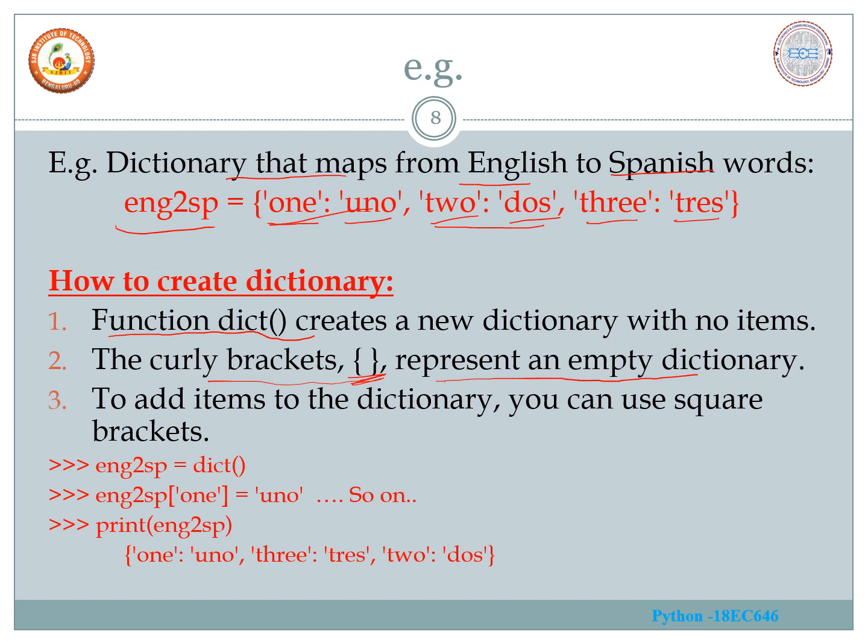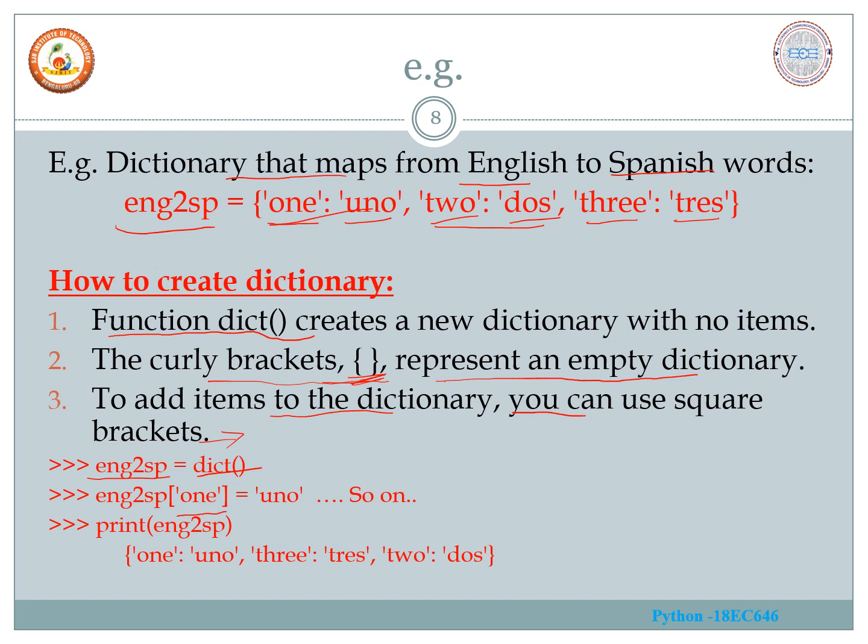And if you want to add items to the dictionary, then you can use square brackets. So if you want to create a new dictionary, you can use this variable is equal to dict, where you are creating a new dictionary. In case you are using the curly braces, then you can think of it as an empty dictionary. And if you want to add items to the dictionary, then you can use the square brackets,